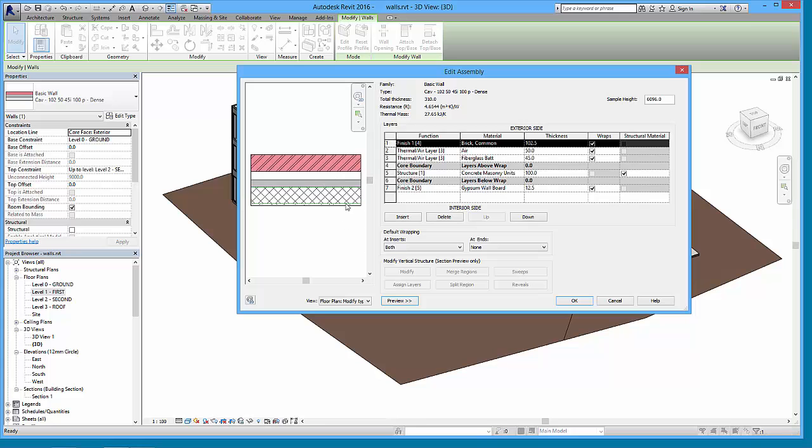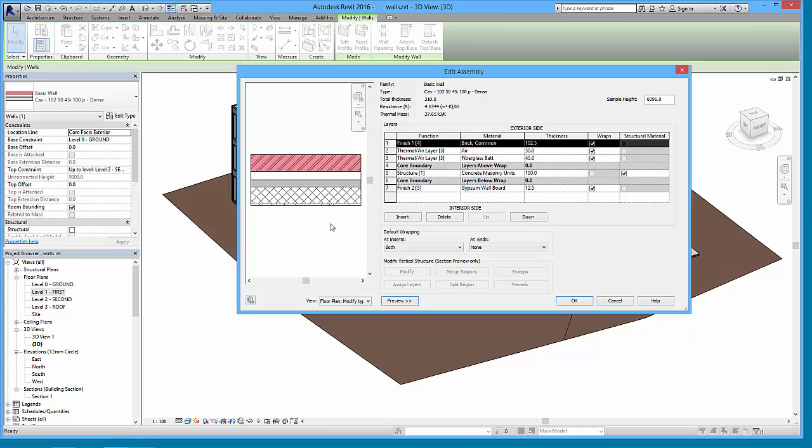But it doesn't do that. Ways around it are building walls individually, but then you lose the thermal integrity, so they don't behave as one thing, because we've got a total thickness here of 310, and the R value and thermal mass is as specified. But if I took these down to their individual layers, then I wouldn't get this total value